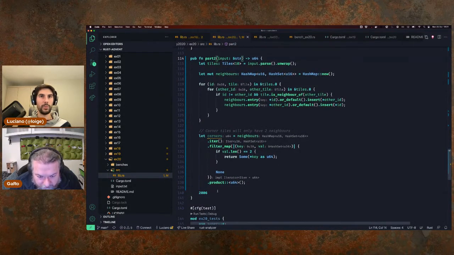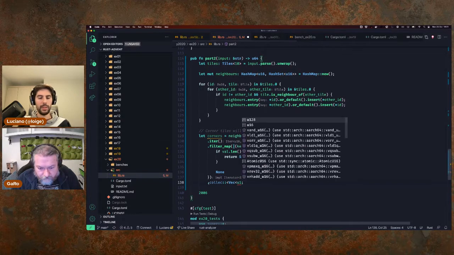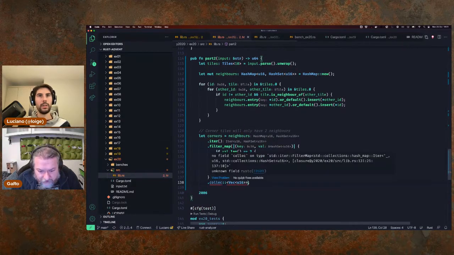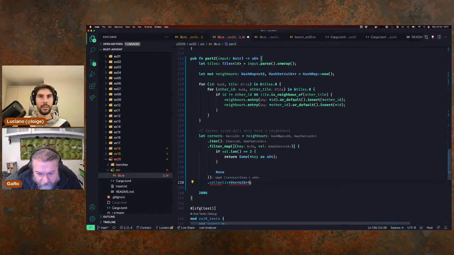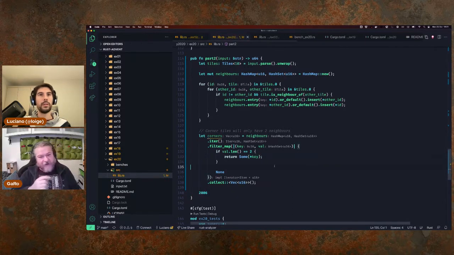So here what we want to do is not product, but a collect as a Vec of U16, did we say? Yes, they are U16. You are casting to U64 on line 133, so this will be U16. Let's do U16 and remove the cast, because the IDs are U16, so otherwise we are always casting back and forth and it becomes a mess. And now the other thing I want to do is, for now, I'm just going to